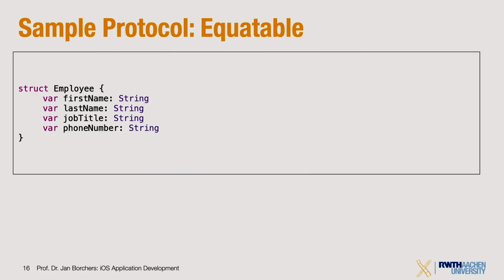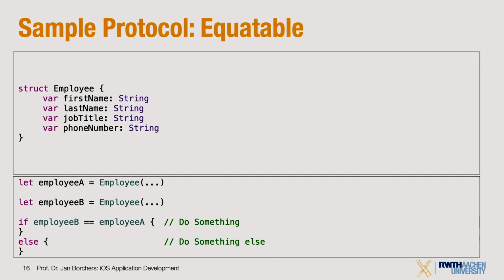Let's assume real quick you're building an employee database, right? And this thing has a data structure called Employee with these properties here. And of course, one of the things that you need to at some point use in your database is when are two employees equal, right? Very simple problem. Maybe you want to remove duplicates, or maybe you want to make sure that somebody can only edit their own record and not somebody else's. So you need to compare two employees to each other. As you know from Java,